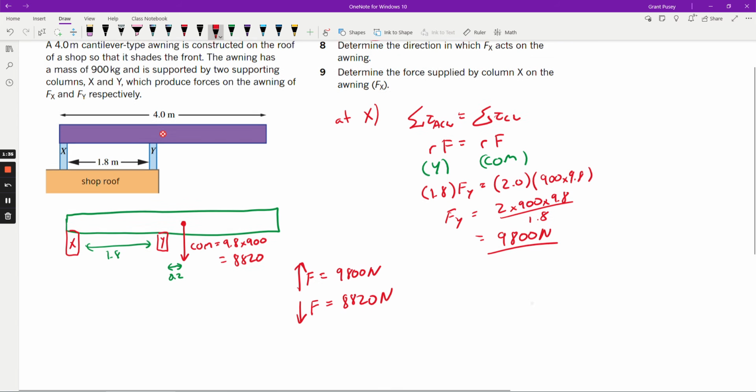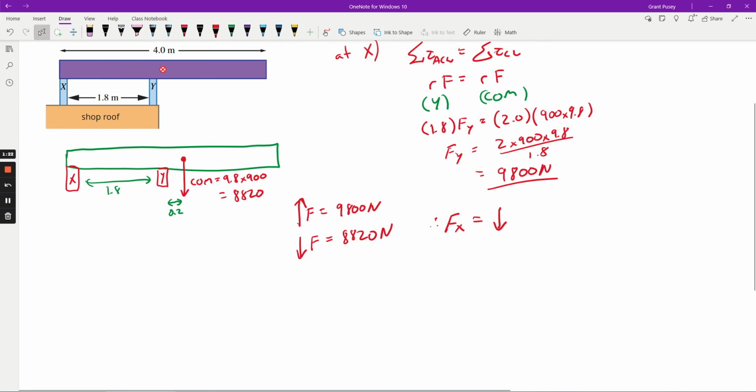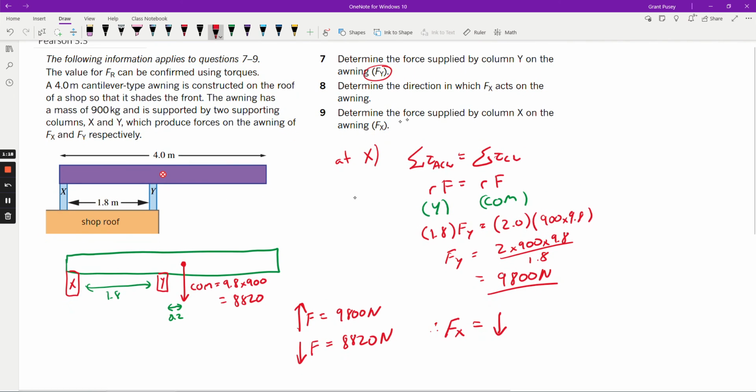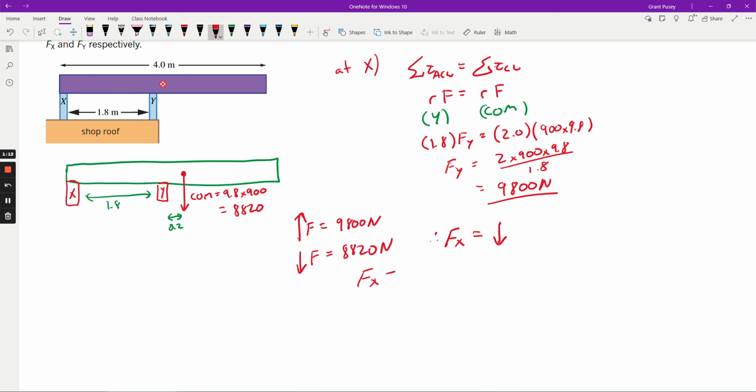So for this to be in equilibrium, all the upward forces have to equal all the downward forces, which means that the force from X needs to be downwards so that it makes up the rest of this amount. In fact, that's what question 9 is asking. So it's asking for the force applied by column X. So that would mean that the force applied by column X is just going to be 9800 subtract 8820, and what you should get is